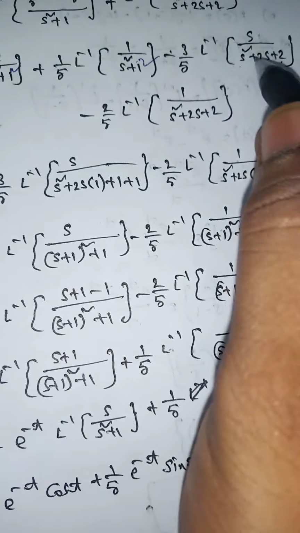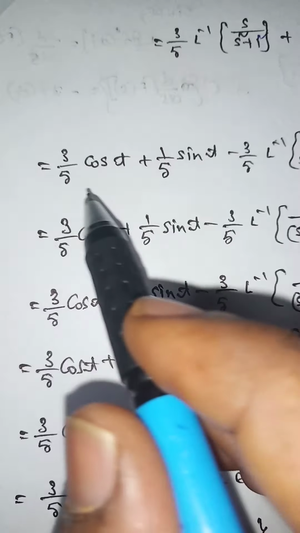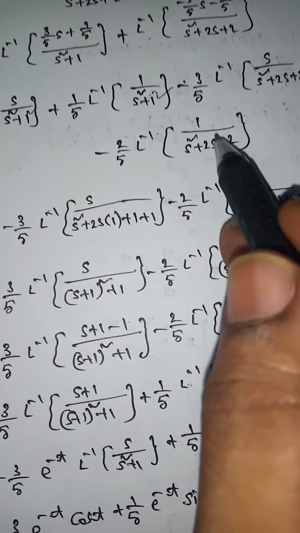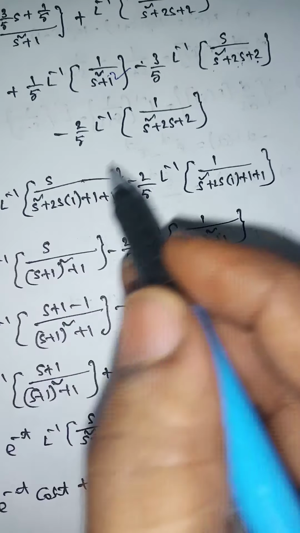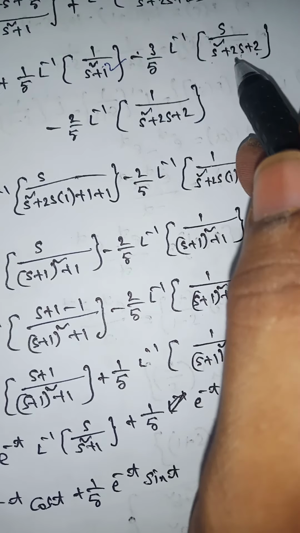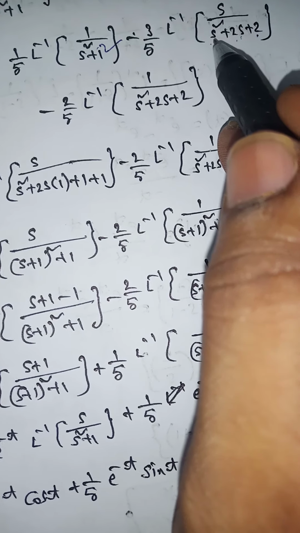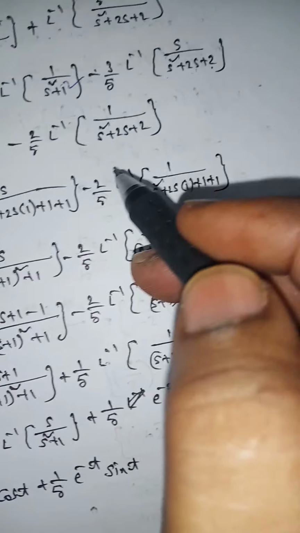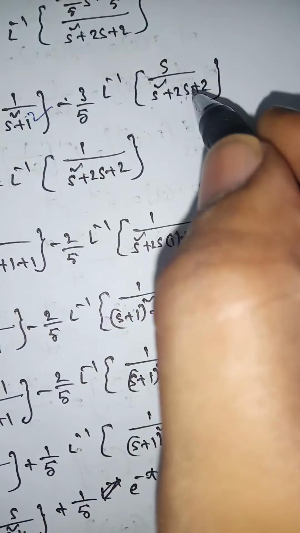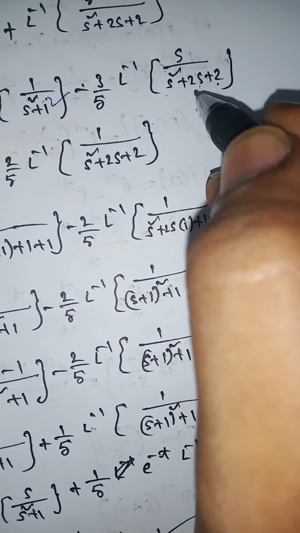And I am taking this term minus 3 by 5 into L inverse of s by, keeping the numerator the same, s square plus 2s. I have completed the first 2 terms. Let us imagine s square as a square, that means where a is s. That means I am going to write this s square plus 2s as